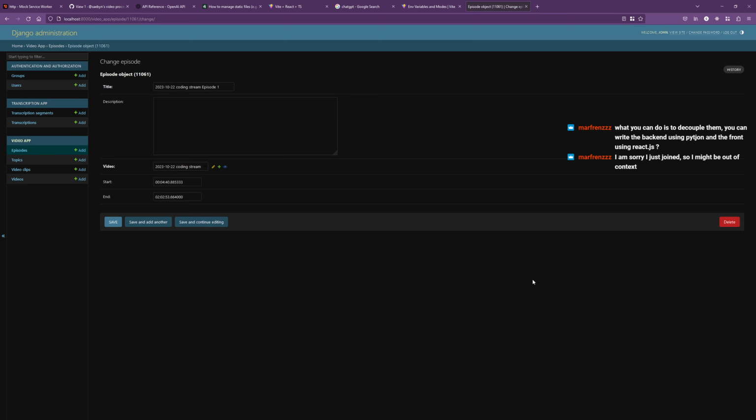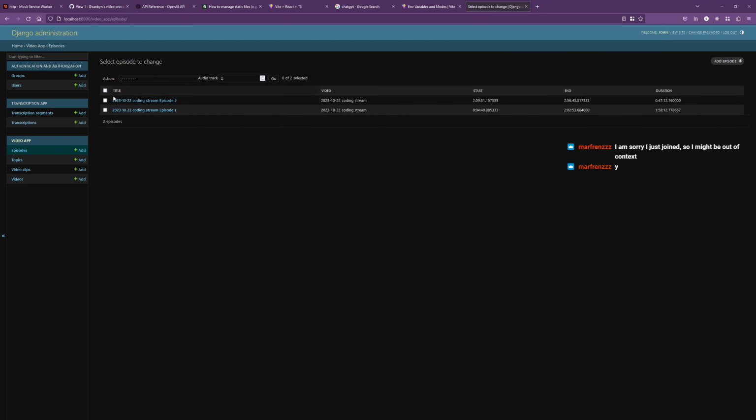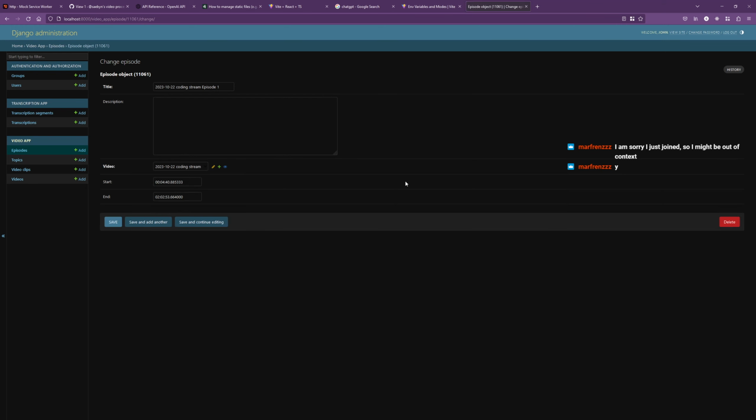But yeah, I think you're spot on, and it's something I was saying before around why I might eventually want to switch away from using Django and do a full UI, and probably at that point I would just move to a different backend, maybe a Rust backend or something. I don't know, but the existence of this was just because it was very easy to get started. And it gives me a CRUD UI, and I can attach some actions to do things like creating transcripts from the episodes. But